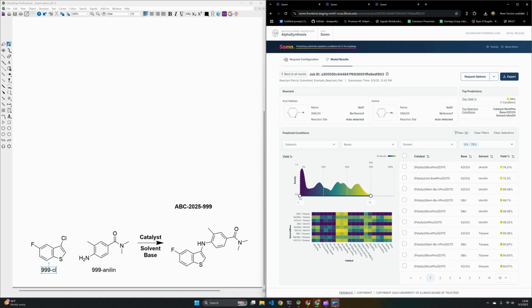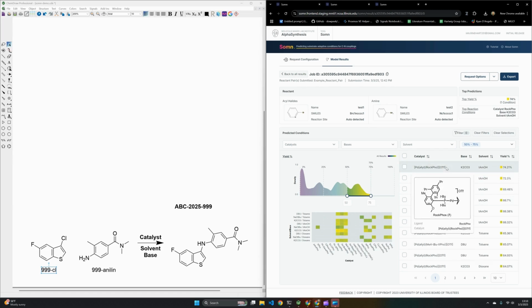I can interact with this density plot and grab this cursor and drag it to set a cutoff. Let's say I'm only interested in the top third or so of this yield range. I will see that there are certain catalysts that are predicted to work in quite a few different conditions. Those will be recapitulated on the right. If I hover over these, it will show me their structures. I can export these visualizations or, in tabular format, the predictions, and I can do anything I want with those.